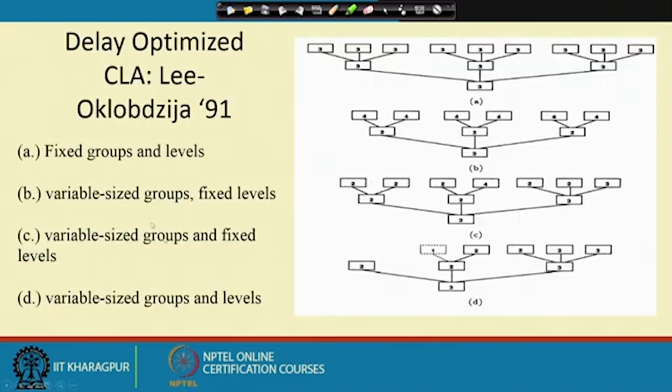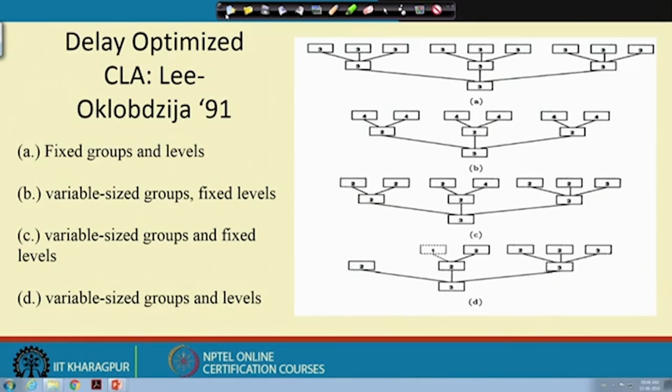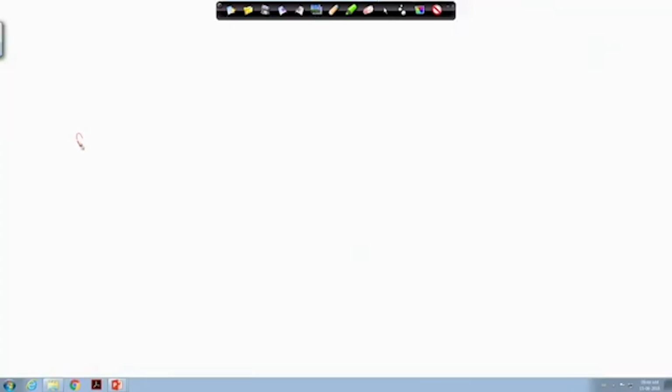So, this is basically the work of Lee and Kobayashi in 91. Here you see there are 4 different architectures which follow this CLA method. The first one is the fixed groups and levels. Whenever we are generating the corresponding carry, the carry signal